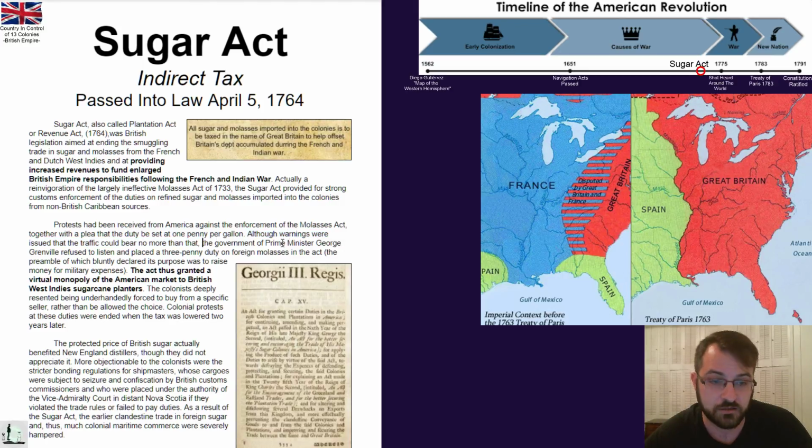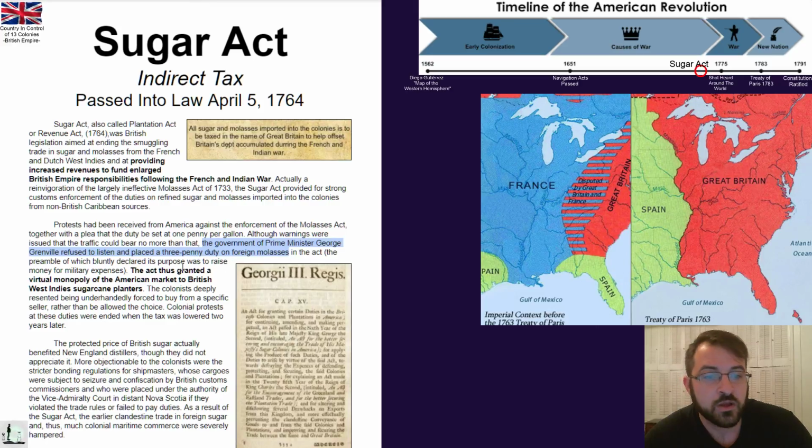government, under the leadership of Prime Minister George Grenville, Prime Minister is sort of like the British president, less than the king or queen, but a lot more day-to-day power. He refused to listen and said, I know you can only handle 1 penny, but 3 pennies on foreign molasses